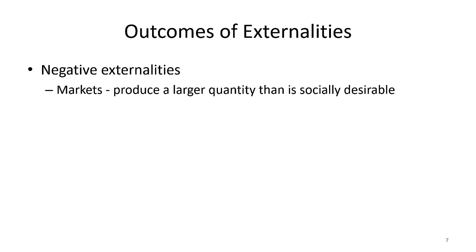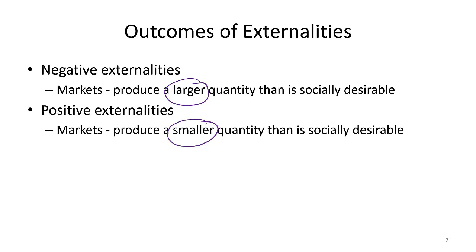So essentially what's happening, what are the outcomes of externalities? For negative externalities, the market produces a larger quantity than is socially responsible. That means it tends to produce more than what we desire. On the other hand, in positive externalities, the market produces a smaller quantity than is socially desirable. So somehow the market is not functioning well, because with negative externalities, we're producing too much, and often the main users or producers of those unwanted things are not bearing the actual cost, and that's why they are producing more.